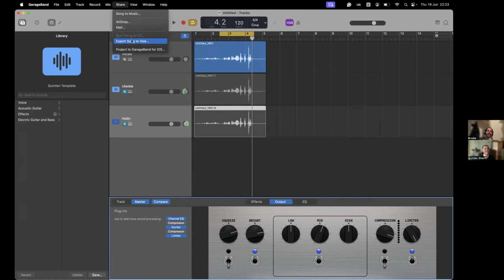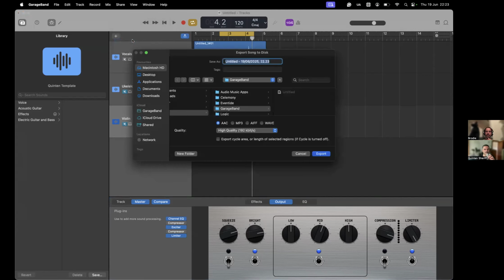Export song to disk. Yeah, this is it. Export song to disk, and then you can choose here. I would always choose WAV, right? And you want to go in here and you want uncompressed 24-bit. So CDs are actually lower quality than what we can make in our computers. So we want to save it at top quality, and then we'll export what is most